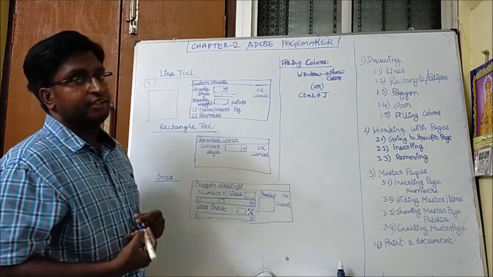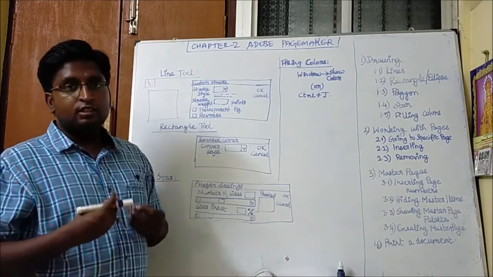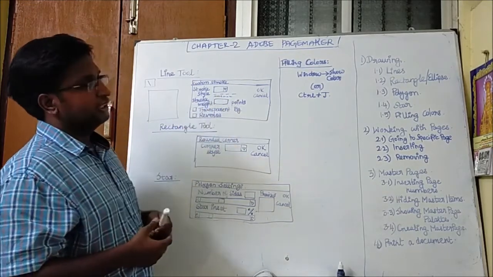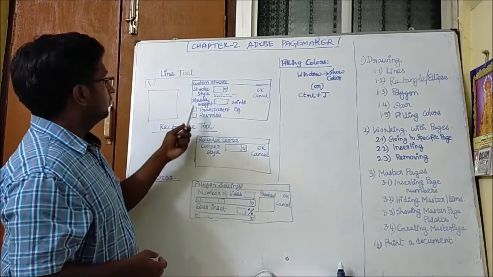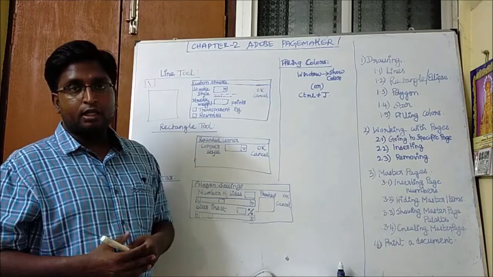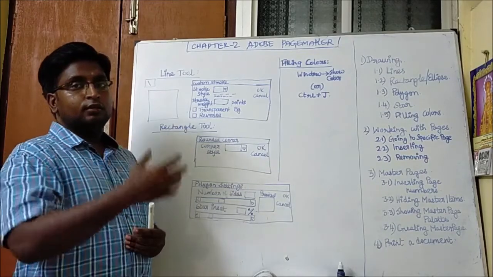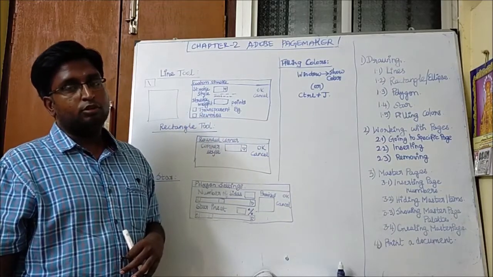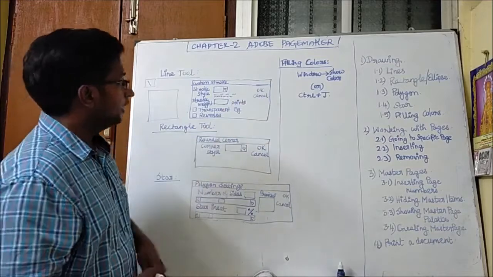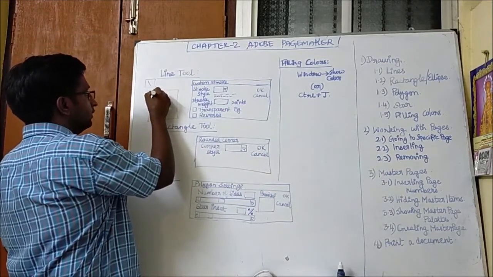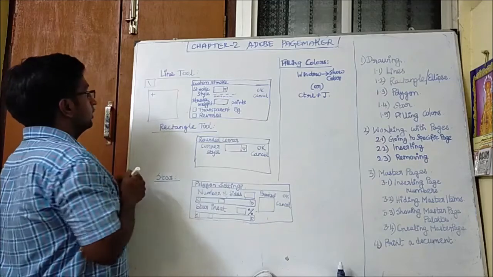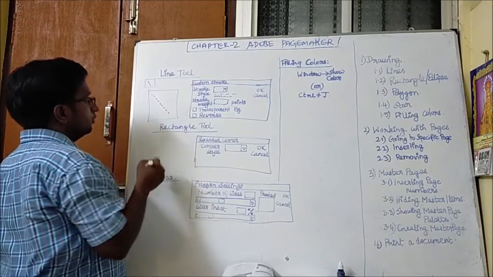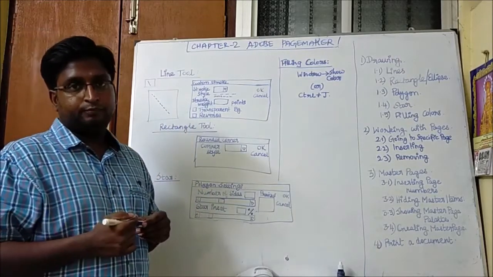And the stroke weight, how much thickness the line should have, should be given in points, that is in numbers. Whether the line should have a transparent background or look in the reverse direction, we can select both the checkboxes and then click OK. Again the cursor will become the crosshair. By selecting it, click and drag, so I can draw a dotted line.